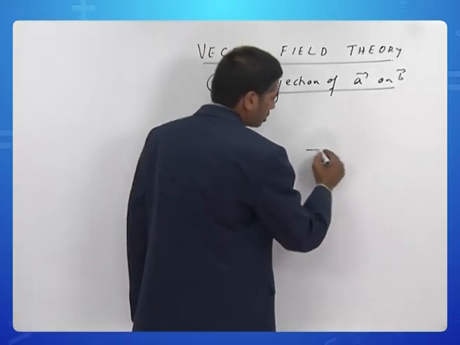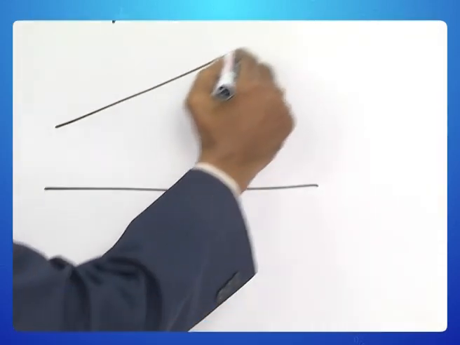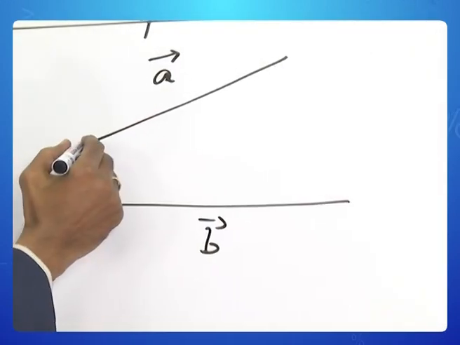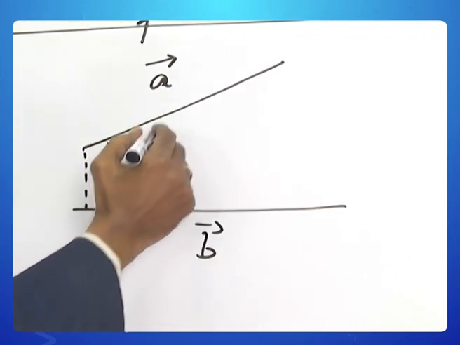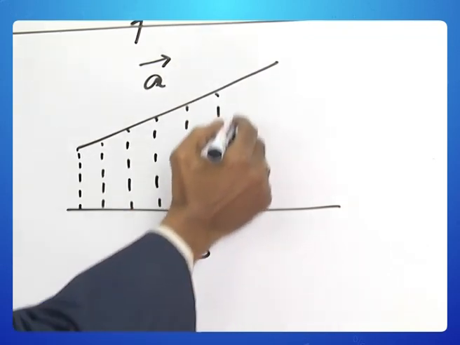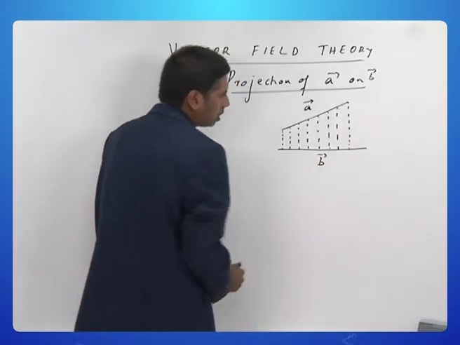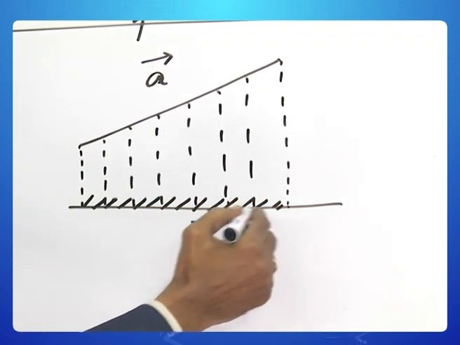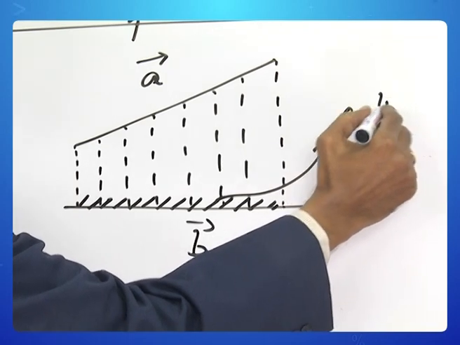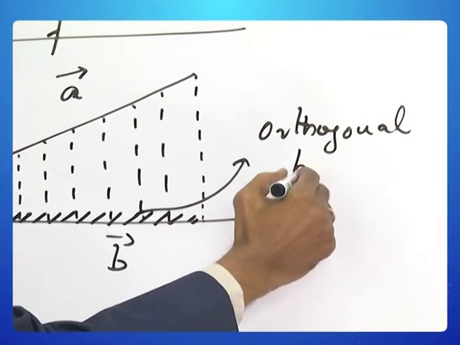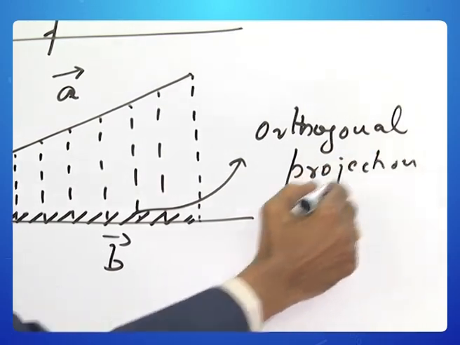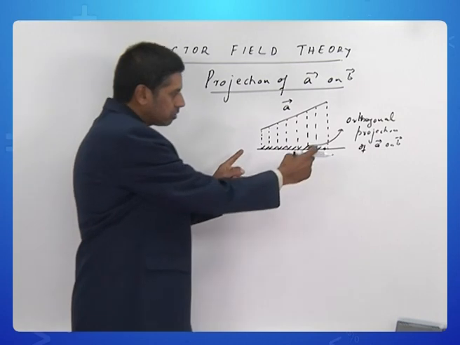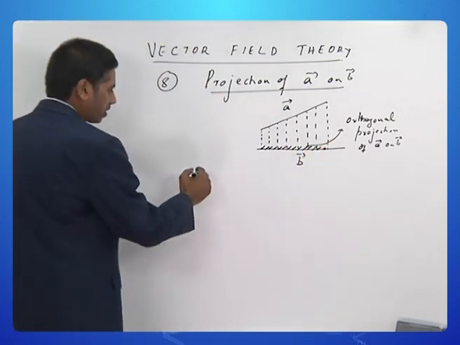We can visualize the situation as having a vector A which is being projected onto the vector B. So what you do is you drop perpendiculars from A on B. These are nothing but the perpendiculars, and this shaded length is called the orthogonal projection of A on B. So we are interested to find this length, and that is easily available from vector algebra